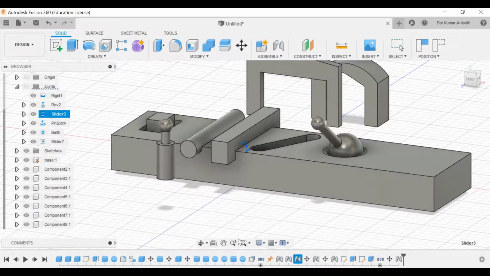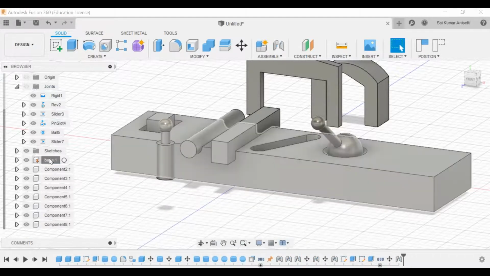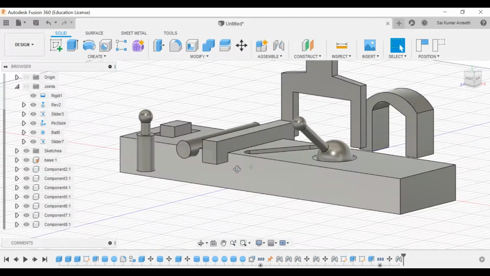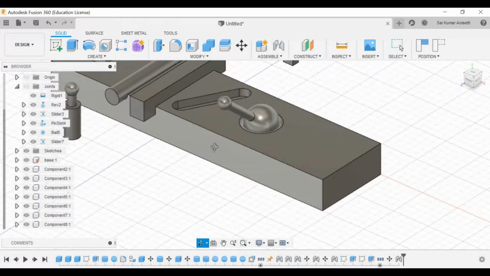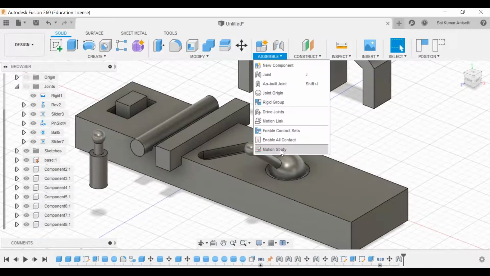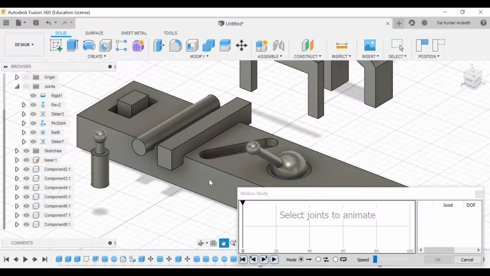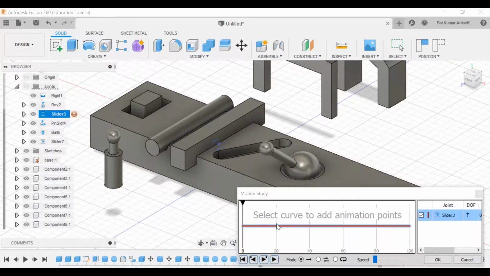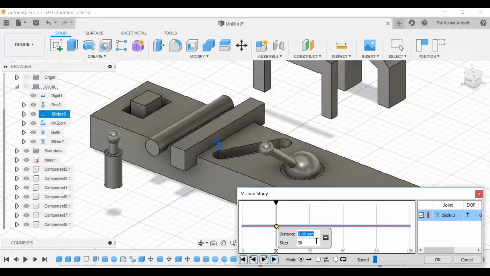Alright. It is going to hang. Okay, see, just a motion study, just to go into motions, and again it got hung. Let us give a distance as 20 mm.